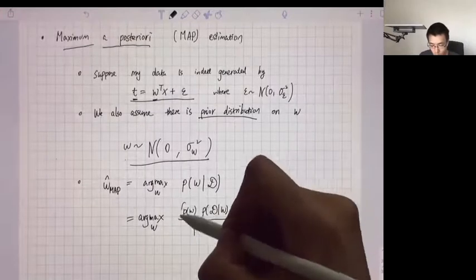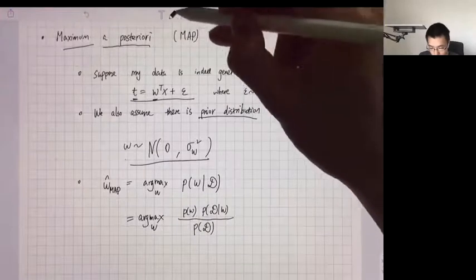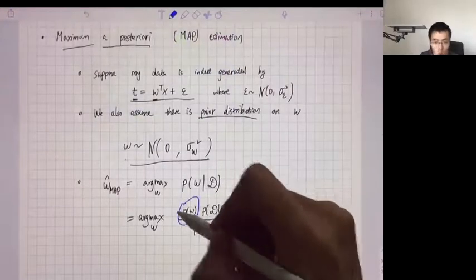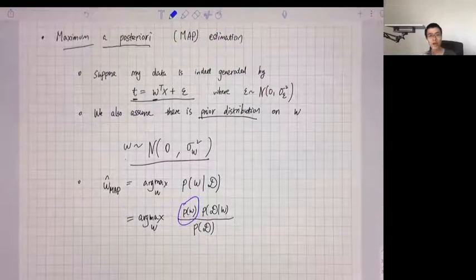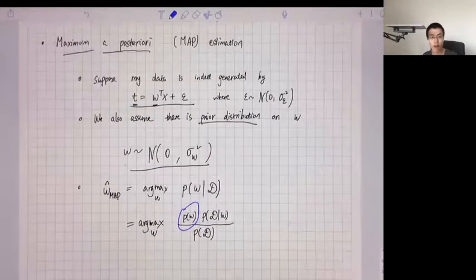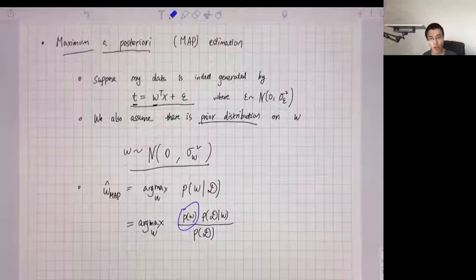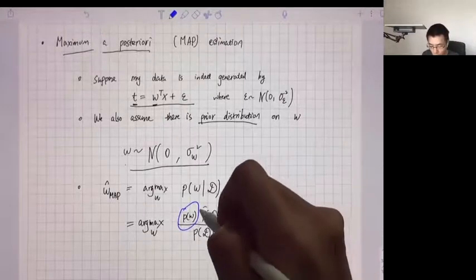So this term says what is the prior for my W? If you don't have the prior distribution for W, you cannot compute the posterior. If you have no assumption on W, then even if you observe some data, you have no posterior. That is the frequentist analysis, or that is the maximum likelihood estimation. But here, I have a prior over the W,